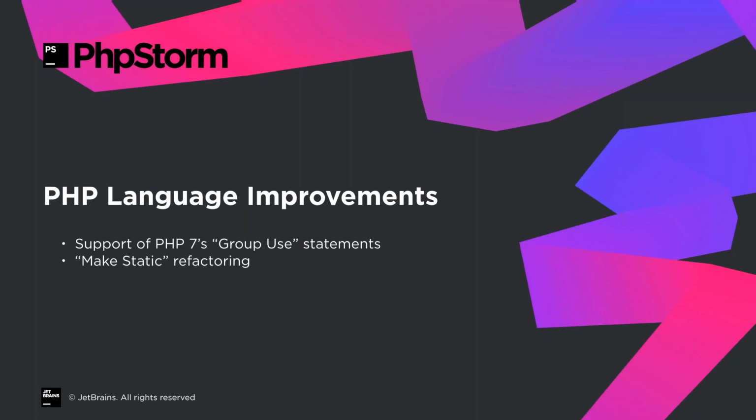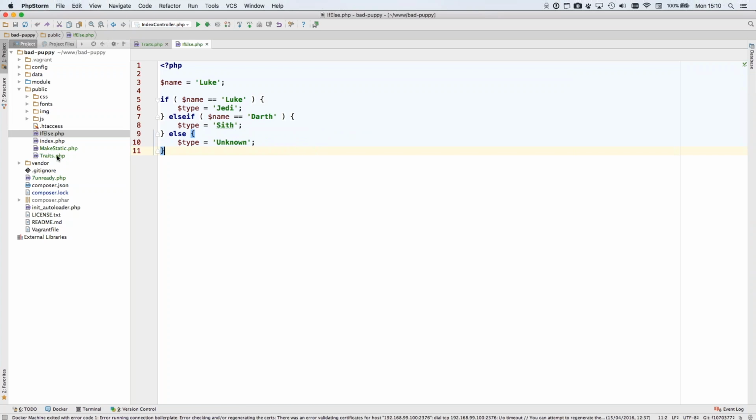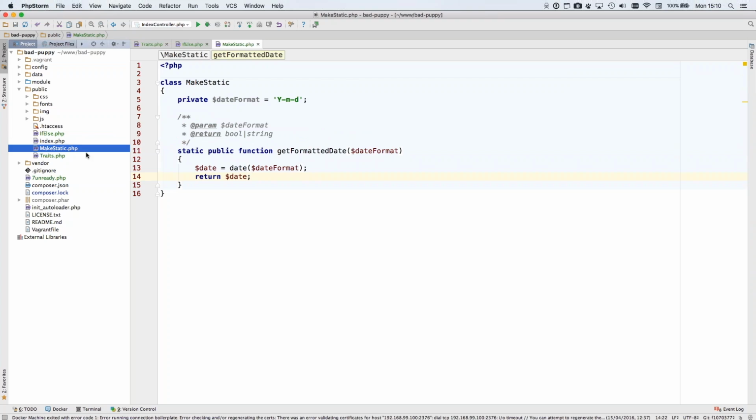Don't worry. So next up, we've got another refactoring, which is the make static refactoring, and this is brand new in this version of PHPStorm. This can be very useful. On the other hand, there's a very limited, narrow kind of use case for this, but we'll take a look anyway. So let's take a look at PHPStorm again, and let's change a project to something that's a bit more useful here. So if we open make static here,